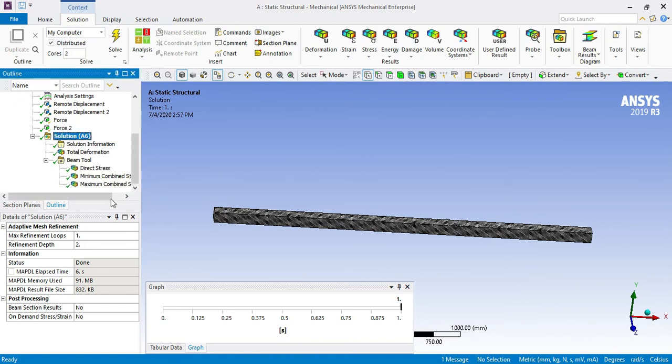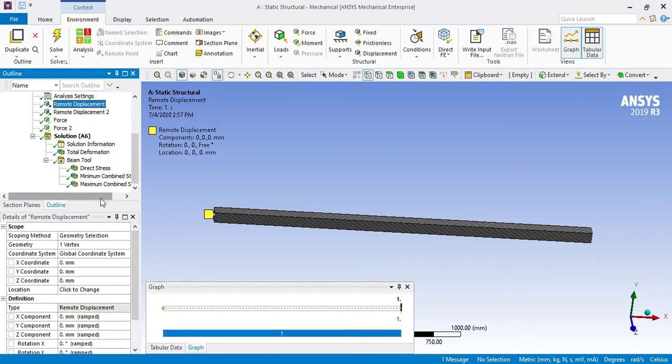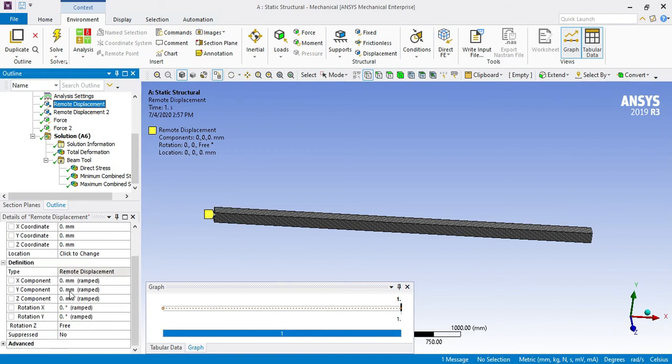So you may understand here what happened. The message we got was that no such rigid constraint was found. So we need to give here x 0, y 0 and z 0. Translation and rotation both we have to give as 0 here at both A and B.